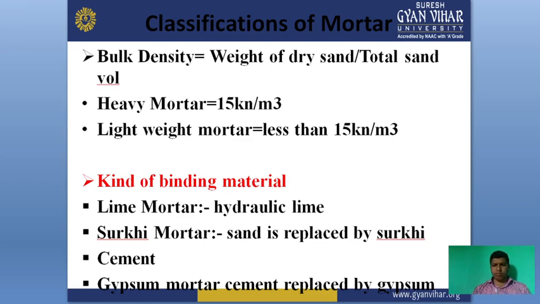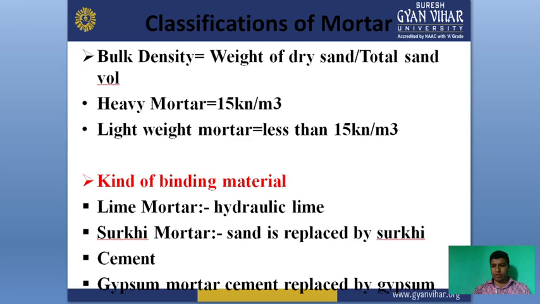The third one is composite mortar. What is composite mortar? The lime mortar is first prepared by the grinding or pounding method. Then the required quantity of cement is added. Then the complete mass is thoroughly turned up and down so as to get a homogeneous paste. Thus, composite mortar or gauged mortar is a mix of lime mortar and cement taken in appropriate proportion.